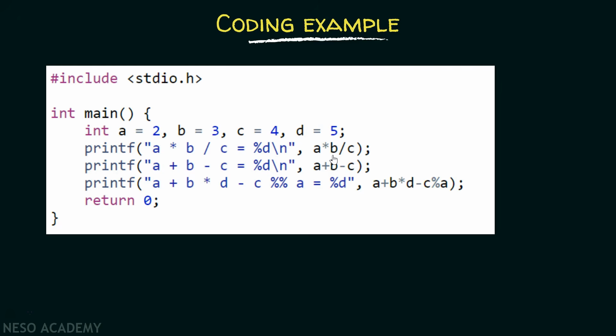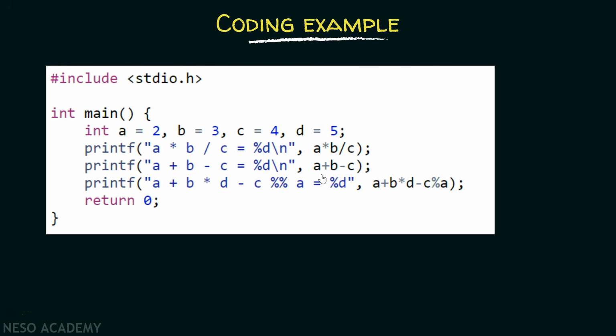If we evaluate this expression a * b / c, then this is equivalent to 2 * 3 / 4. As you know, multiplication and division have the same precedence. Therefore, associativity comes into the picture, and the associativity of multiplication, division and modulus is from left to right. Therefore, multiplication is performed first and then the division. a * b is evaluated first, that means 2 * 3 which is equal to 6, then 6 divided by 4 which is equal to 1.5. As we are trying to print an integer, that decimal part is truncated and the result is 1.